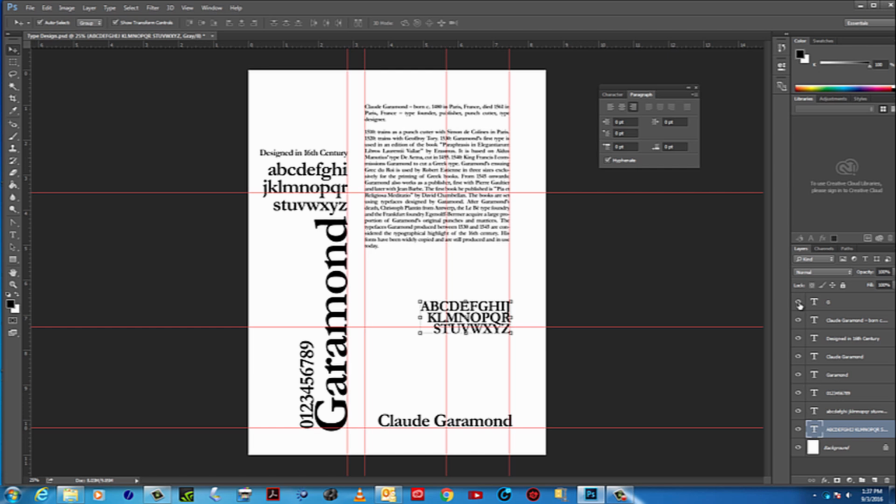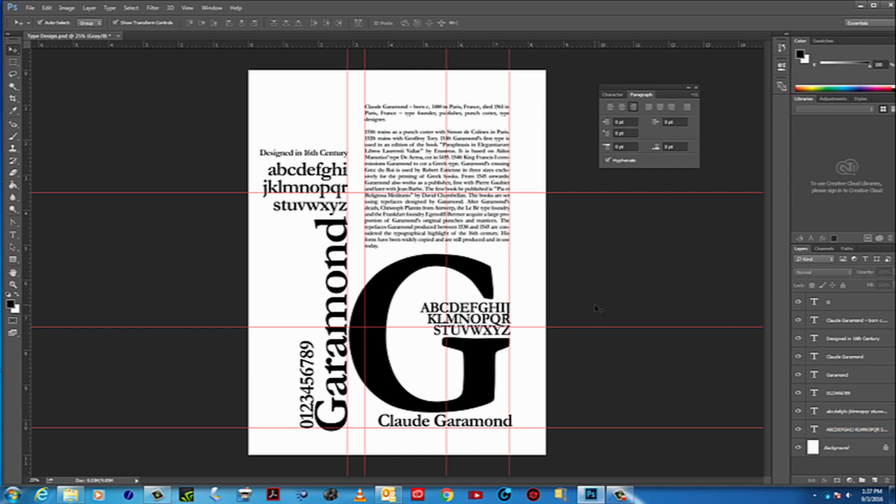Actually, I could put that right there. So now your eye goes from the big G to Garamond, then up around, and you have this visual flow that sort of bounces around from here to here to here and back around down here. So I sort of like this